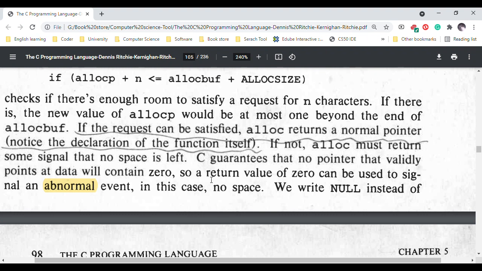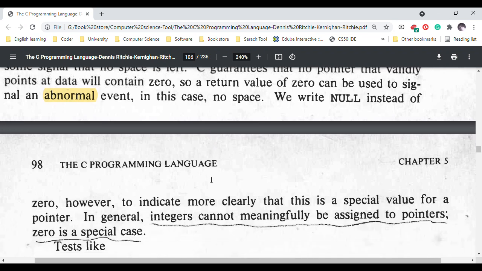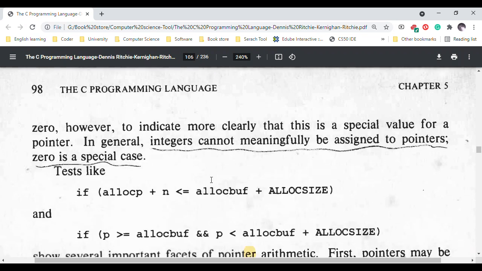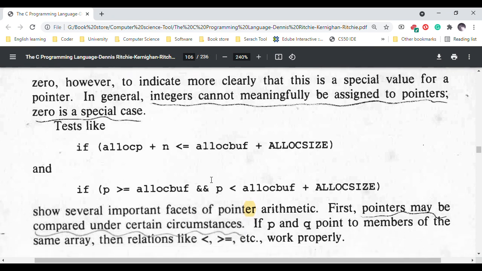C guarantees that no pointer that validly points at data will contain 0, so a return value of 0 can be used to signal an abnormal event, in this case, no space. We write NULL instead of 0, however, to indicate more clearly that this is a special value for a pointer. In general, integers cannot meaningfully be assigned to pointers. 0 is a special case. Tests like